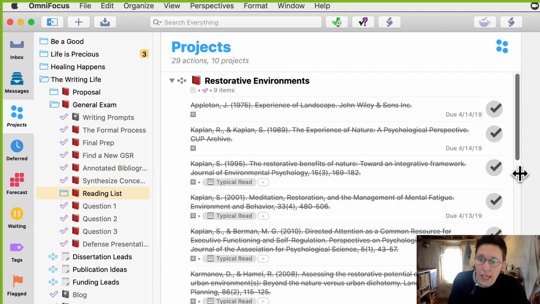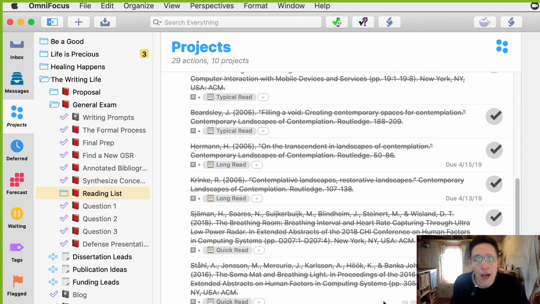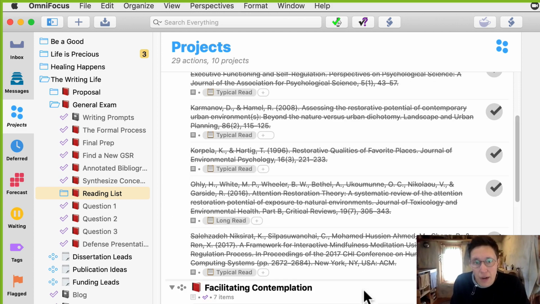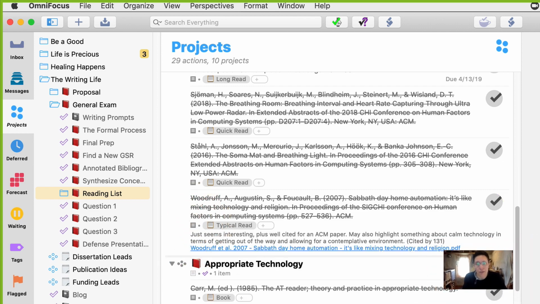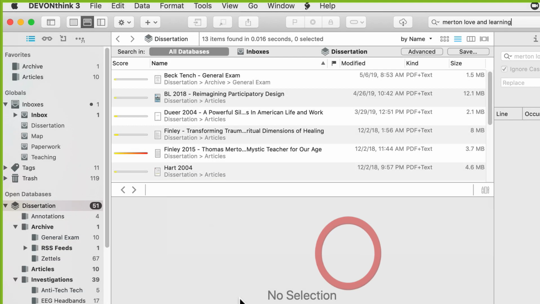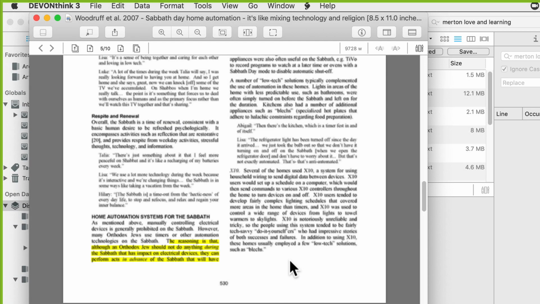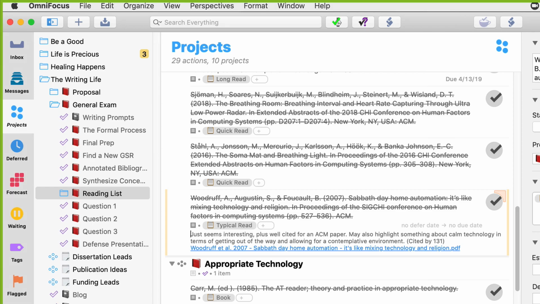This is my reading list. And so what I have in the reading list, this used to be a perspective, but the perspective, for some reason, I was looking at it last night and I deleted it. I have all the things that I read for this general exam in this list. And then if I open up the notes, I see a note as to why I added this to the reading list, and I also have a link that takes me to DevonThink and shows me the reading itself, and so I was able to